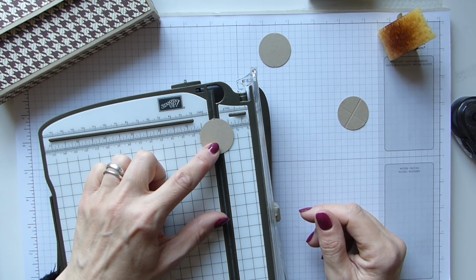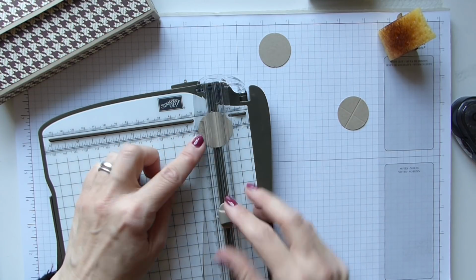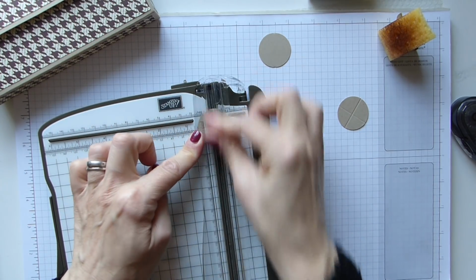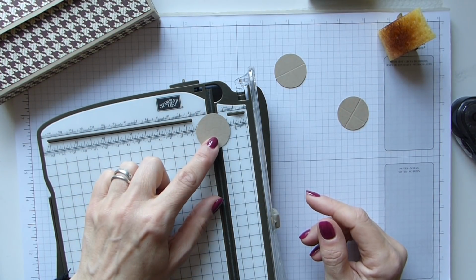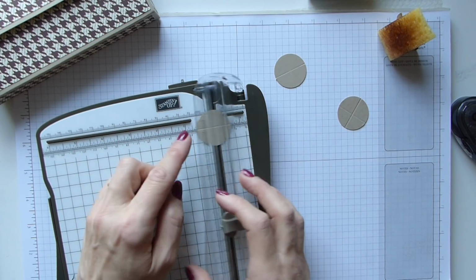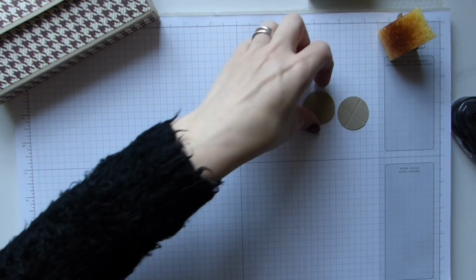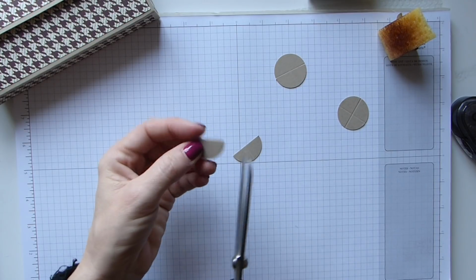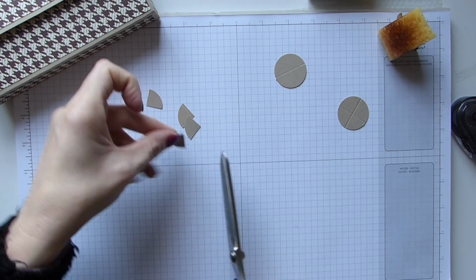So again, measuring that, that's better, so just measuring that and scoring it, and it gives you almost perfect central quarters for you to be able to then cut and sponge, which is simply what I did. So I'm going to actually go over that one because I know that that's not quite right. So just cut up the quarters,